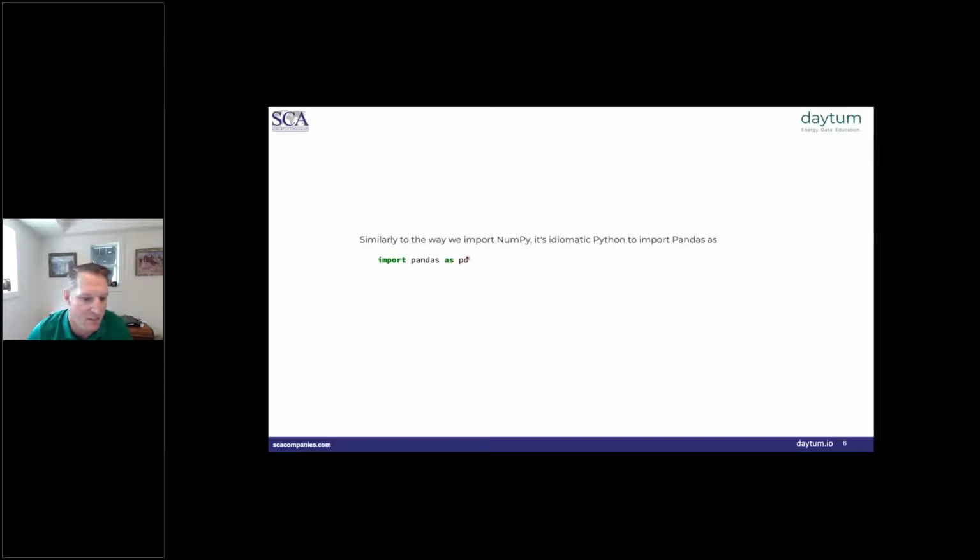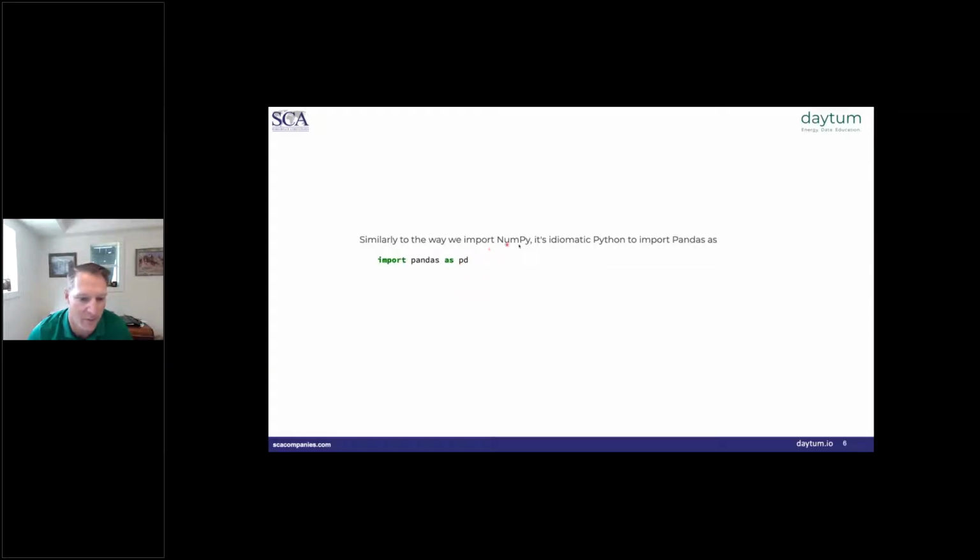And what you'll see is that it's become idiomatic to refer to Pandas in code as pd. So when you go to, say, Stack Overflow to look for help or an answer to a question you might have, you likely will not even see the import statement in any code snippets. You'll just see the pd out in front of any functions or methods that are being used, and therefore, that's why I take the time to point it out here. So Pandas will almost always be referred to in code as simply pd.